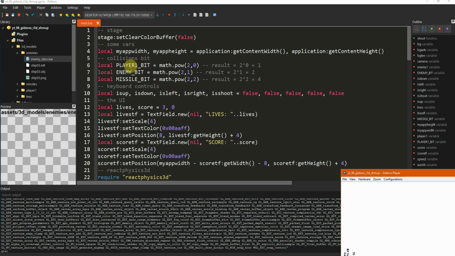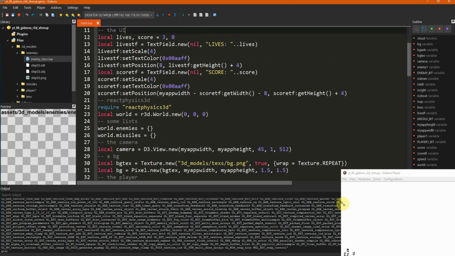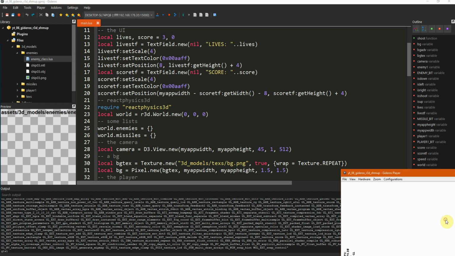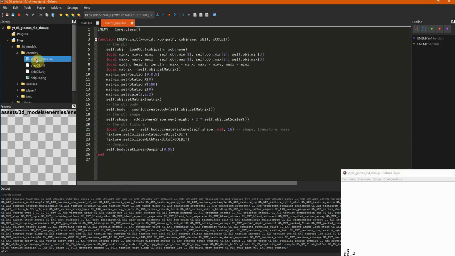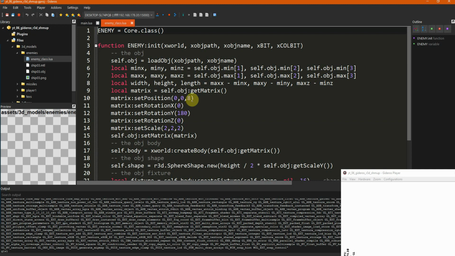Okay, we've got the collisions bit set up. Now I need to test the collisions between the missile and the enemy. For that we need to go to the enemy class and add some stuff.